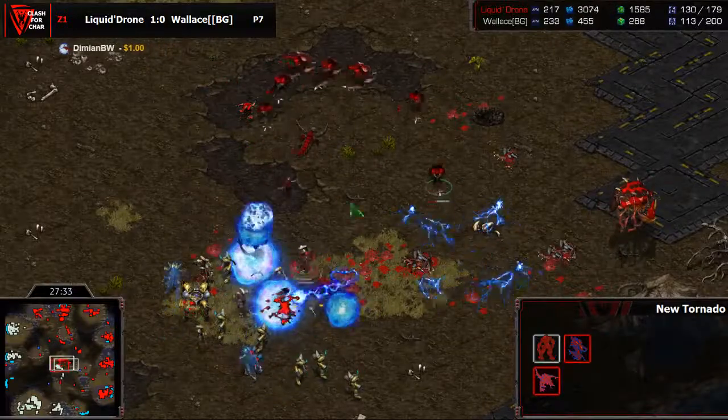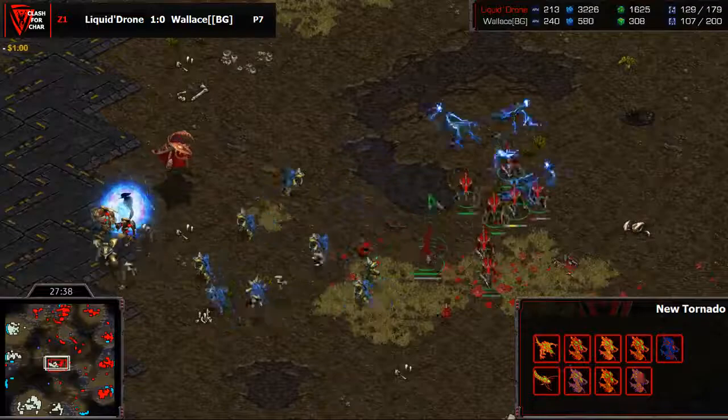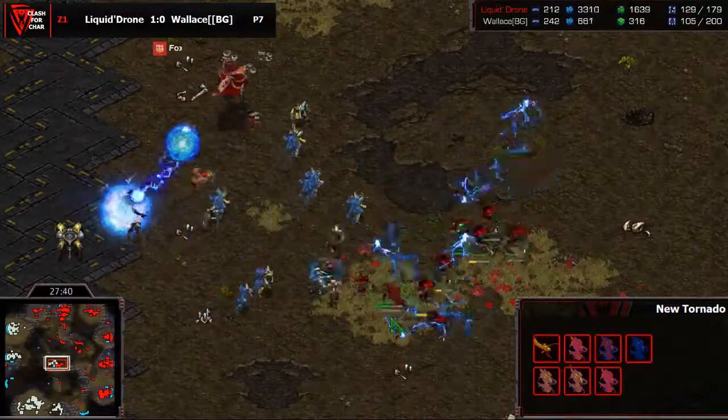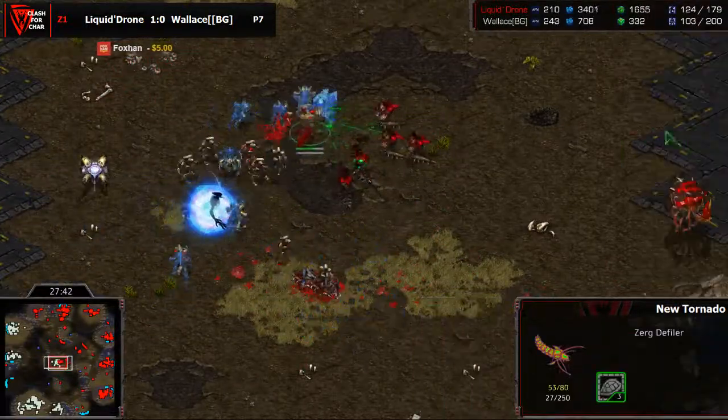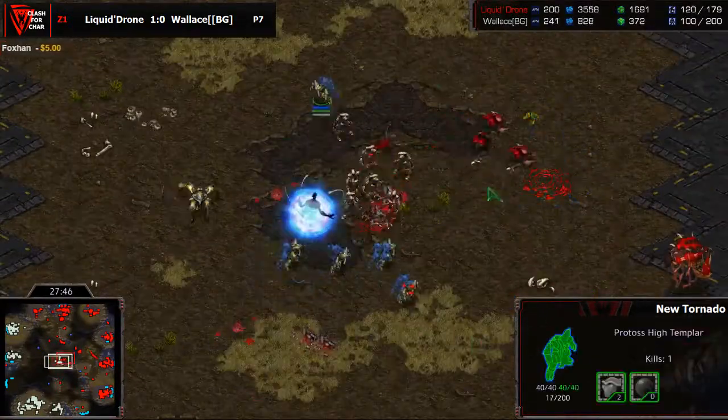And once again, I mean, he's plaguing, but he's not really getting too many units. And once again, Wallace is just trading into the army of Drone over and over again. But I think, finally, Wallace's army may actually go down. It looks like he's at least going to lose...